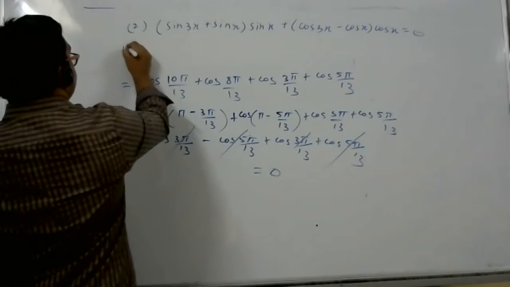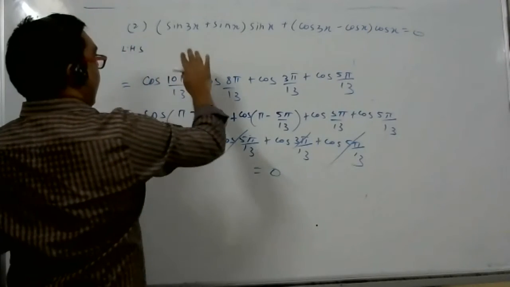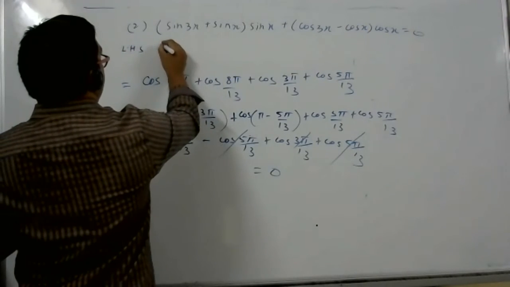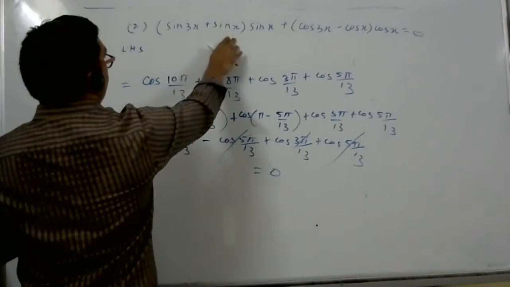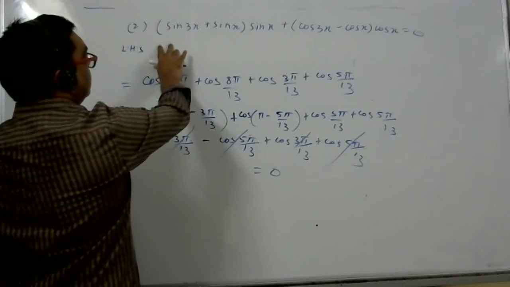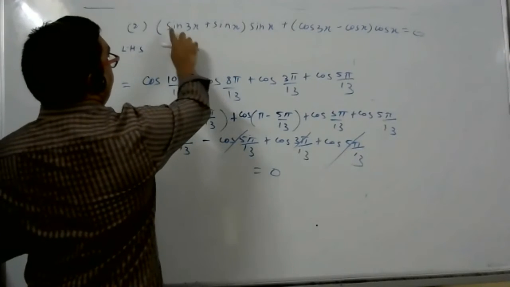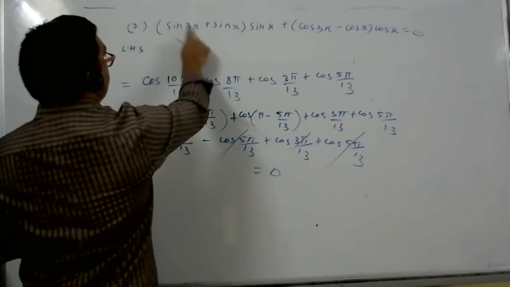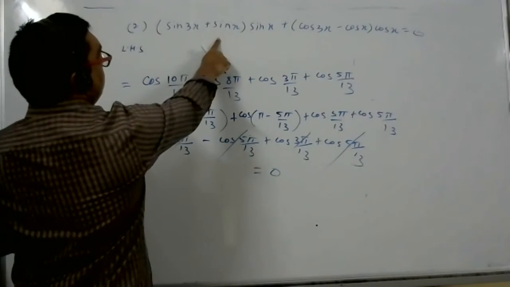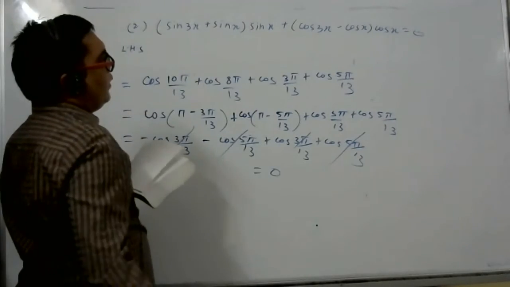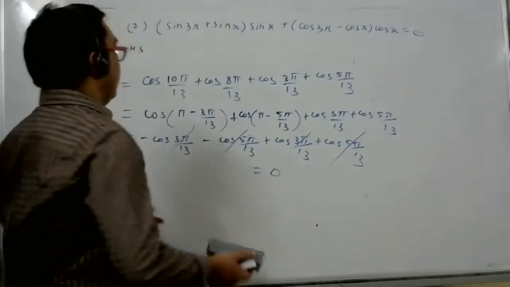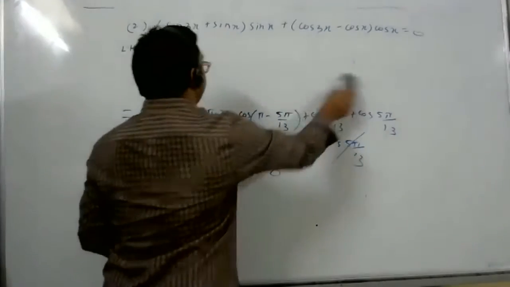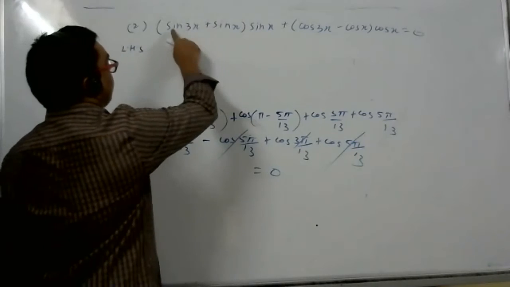Now tell me, left hand side, what at the best we can do? Again, answer is 0, so all the terms will get cancelled. What should I do here? So we use transformation, sin C plus sin D. Or we can multiply with sin x. That is one option. Let us not multiply. Let us use directly sin C plus sin D. What is sin C plus sin D?